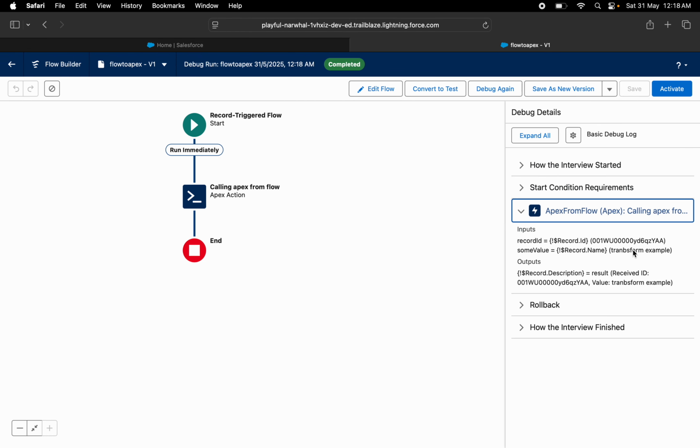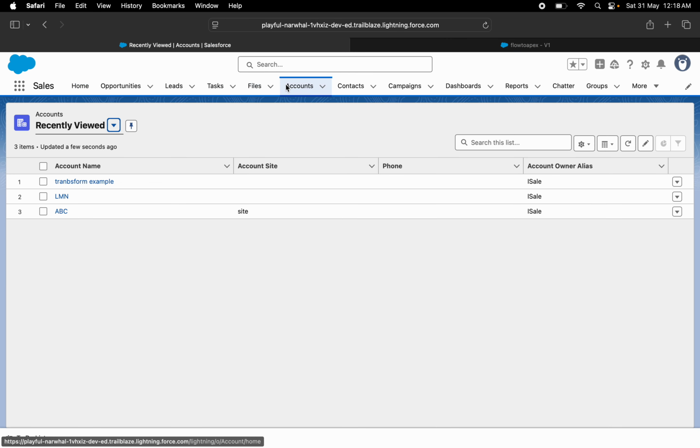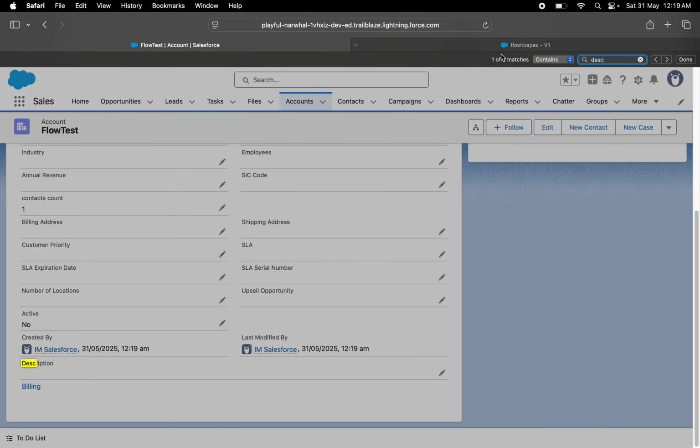I will activate this, and as you know, this will only run when we create an account. So I will just go to account, I will create a new account, and I will name it flow test. Then I will just save it. So the record's description, whether it's updated, it will not be updated because we are not updating that. So in the description, I think the field is available or not. So in this, that is not updated because